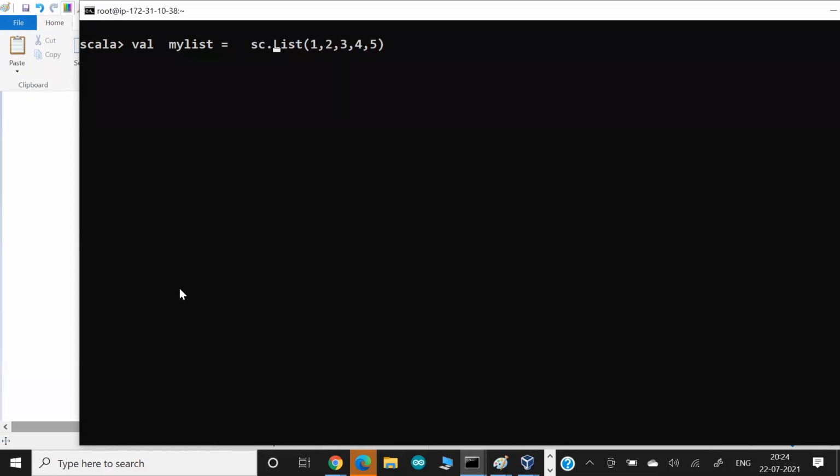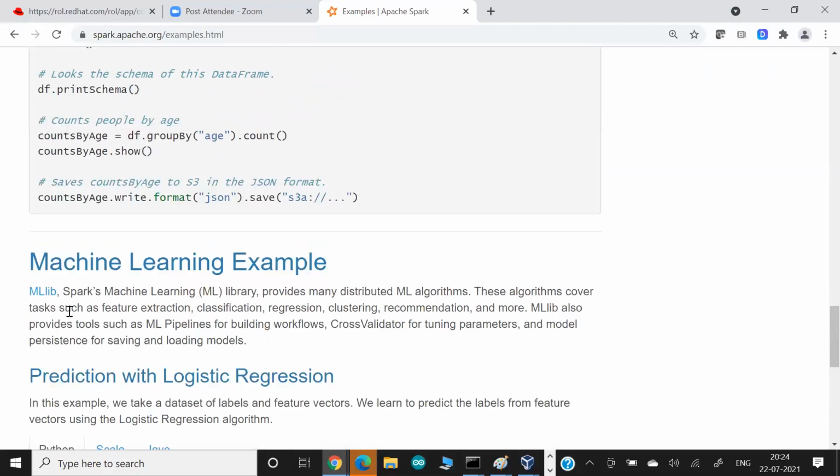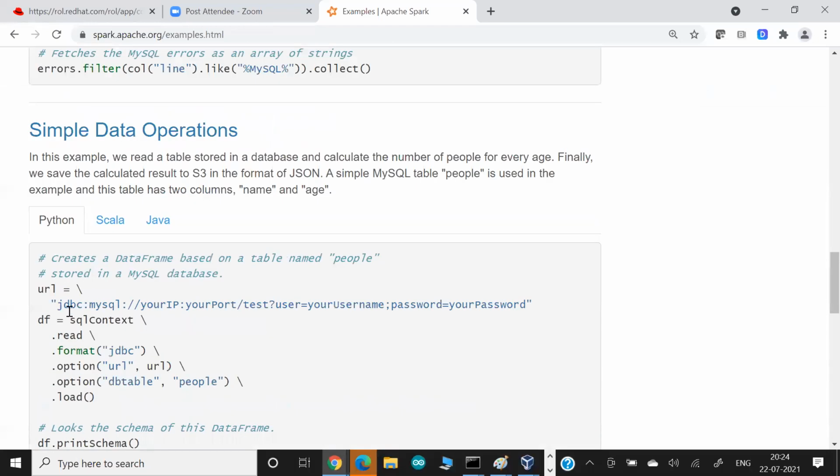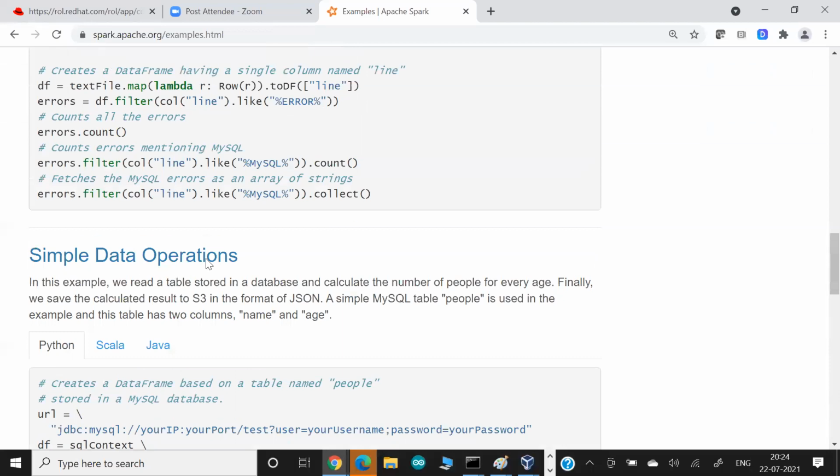So in the Spark context, they provide you a function. This function is not from Scala or from Python. Spark provides this function to you. This is called the parallelize operation. Okay, I think this is the right spelling. Yeah, this one.